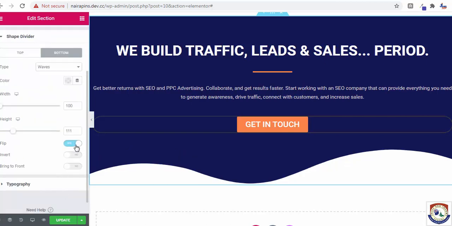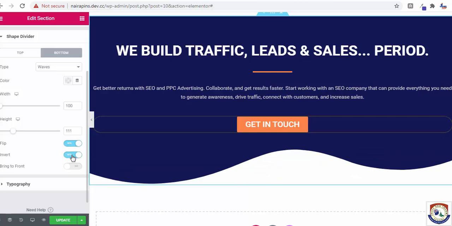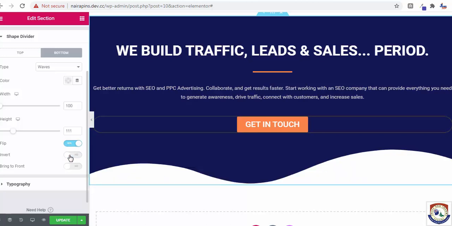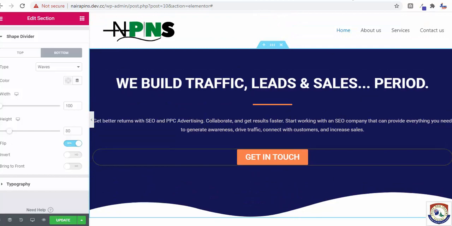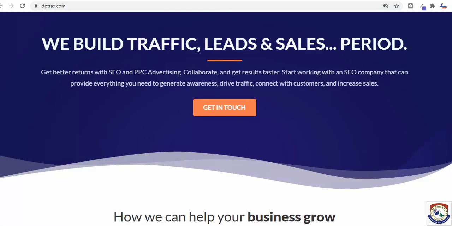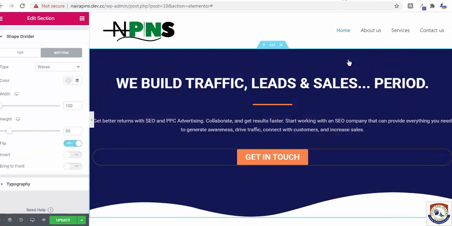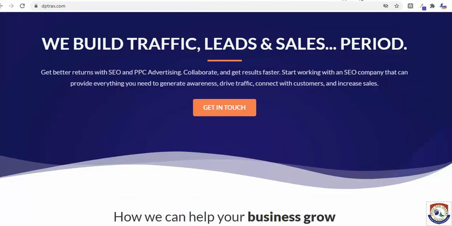Let's flip. You can do anything to it. If you love this, you can just put it like this. So at least we have achieved what this person has achieved here. If I were using Thrive to build this, I would have achieved it better.